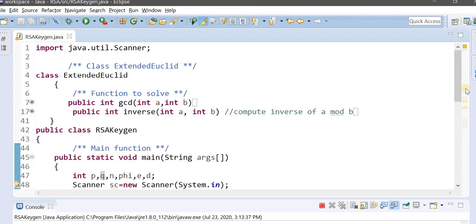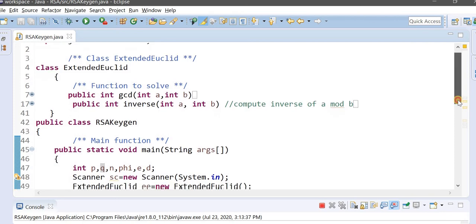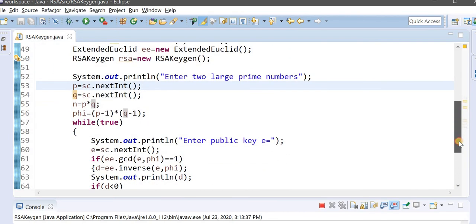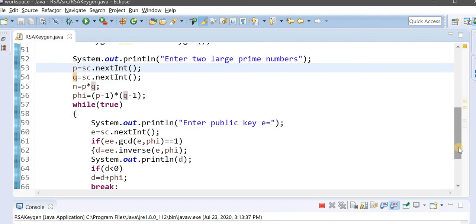Then if the entered value is relatively prime with Phi, it is accepted. If the GCD is 1, then it is accepted.